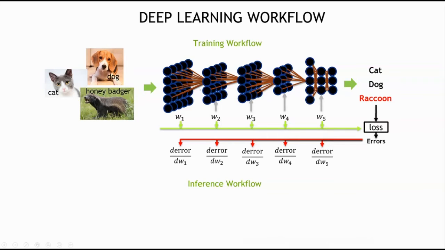Now if I had to comment on this from a computational perspective, what I see is you are trying to do a lot of matrix multiplication and accumulation operations in the forward pass, but you are also doing the same during the backward pass, right? So there are a lot of matmuls that go in during the forward computation, and there are a lot of matmuls that go in also during the backward computation.